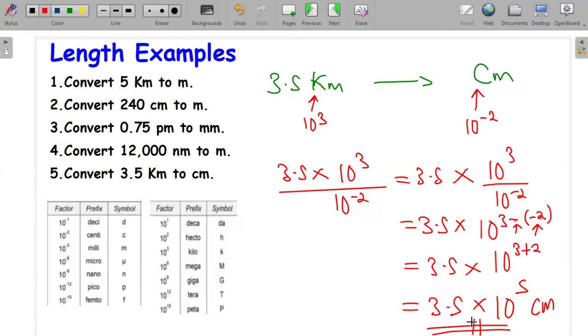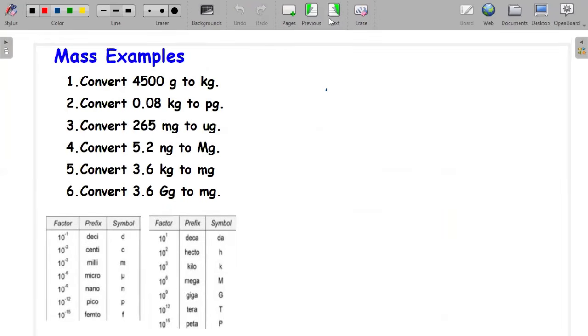So, but we will just be doing the same thing. So I just want us to practice a lot of questions so that these concepts actually are able to enter your heads. So mass examples. Okay, so the first one, convert